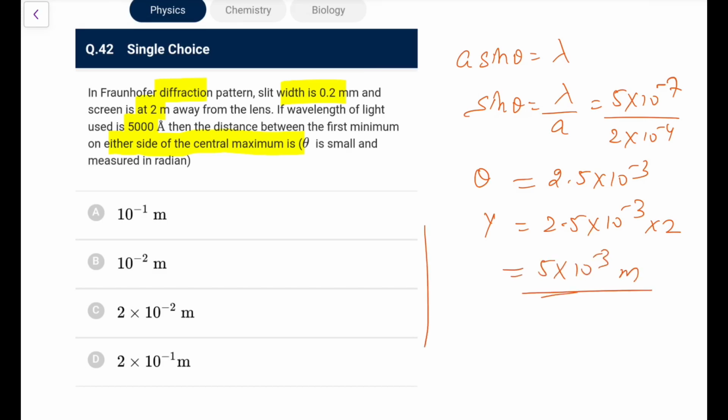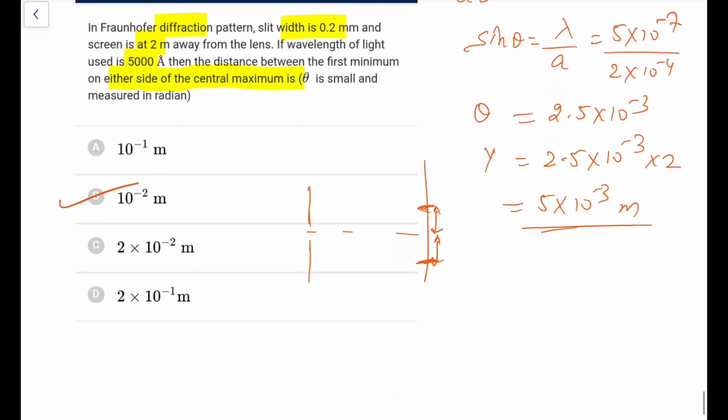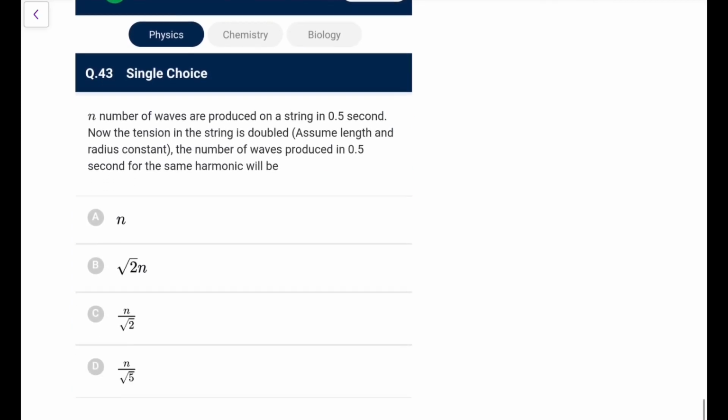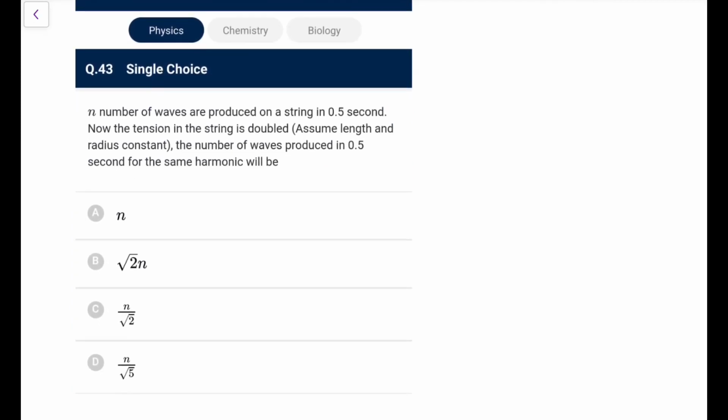So this is the slit, so this is at this distance. The second one will be here, so the gap between the first minimum on both sides would be double of this, that is 10 into 10 to the power minus 3, that is 10 to the power minus 2 meters you can go for. Next, you could have directly gone for width of central maxima is 2 lambda l by a, that would be easier.